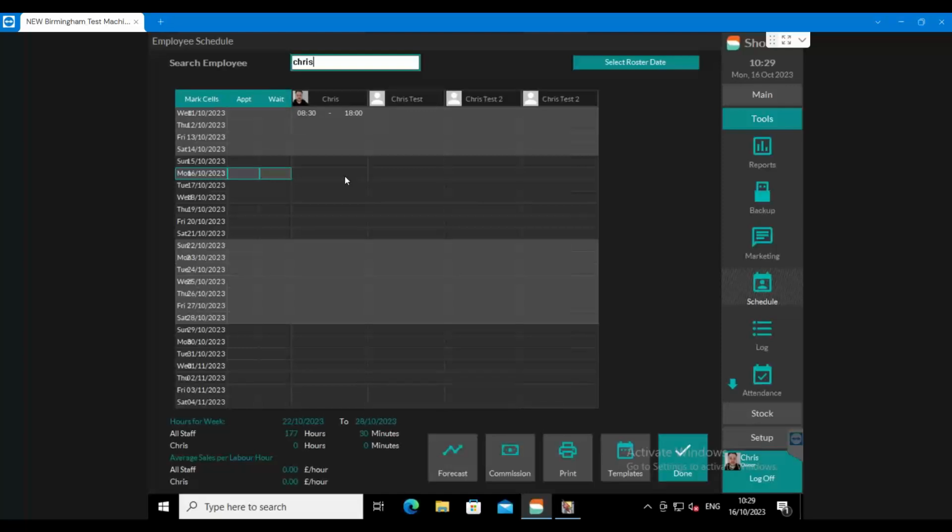So if the employee works a weekly roster, make sure you've got the 1 week in. If they do a 2 weekly roster, make sure you've got the 2 week roster in. So maybe they alternate their Saturdays or whatever it may be. So get that in first as your template. So I'm going to click onto here